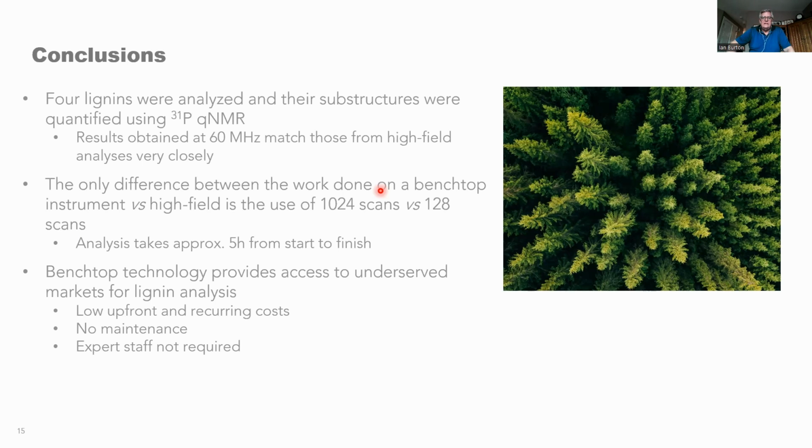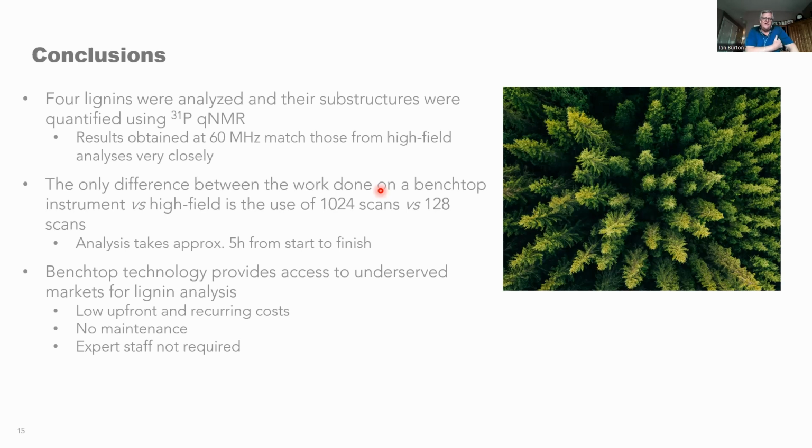the results are comparable, and when you compare the arguments that were made in earlier talks about the investment and the potential availability of low field NMR, it still makes sense to do this at low field. And